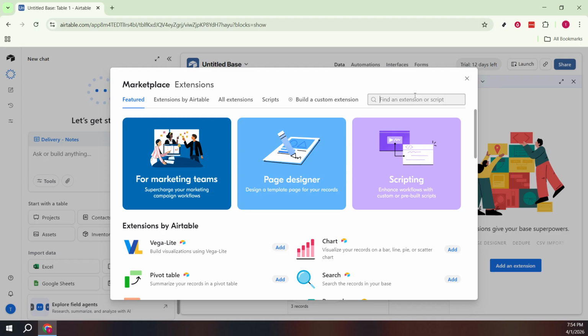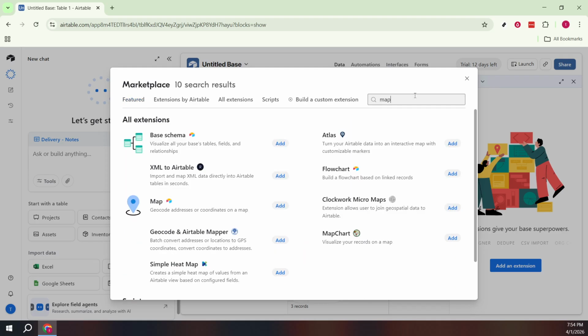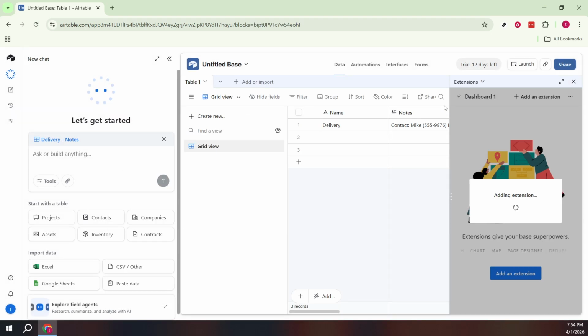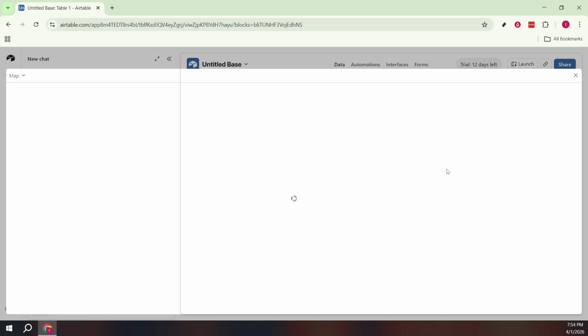You'll see a new panel appear that will guide you through setup. Click Get Started to begin. The map needs a mapping service to plot points, which requires an API key. If you don't have one yet, follow the on-screen flow to complete that step. If you already have an API key, choose the option that says you have one, then paste it into the